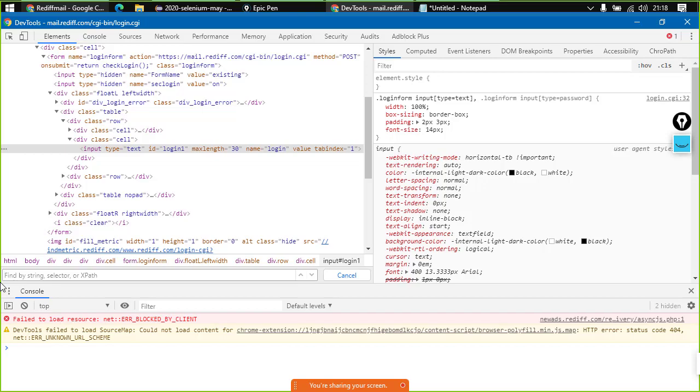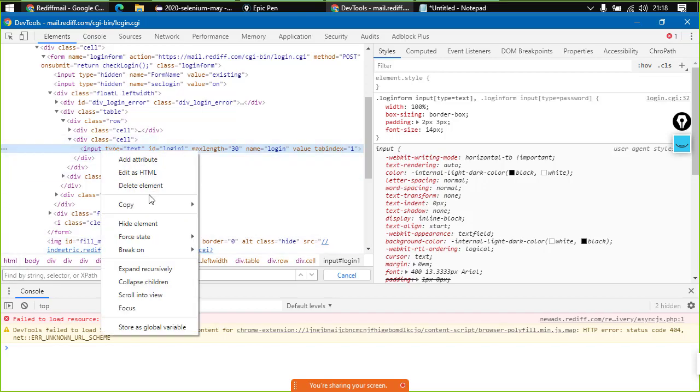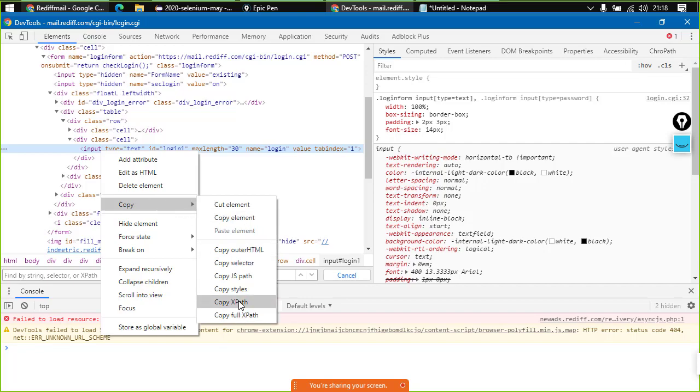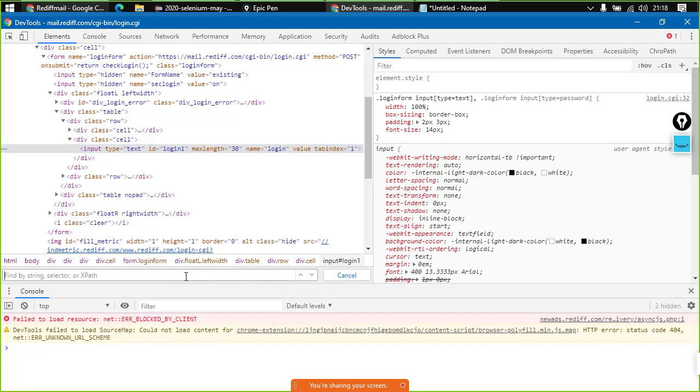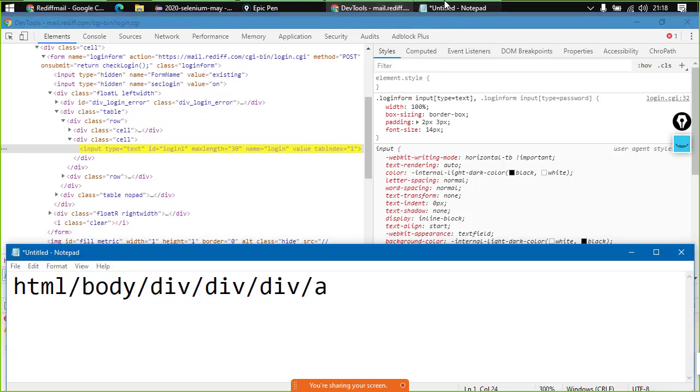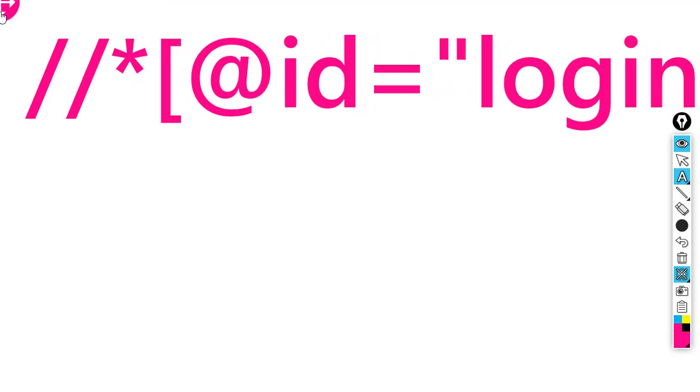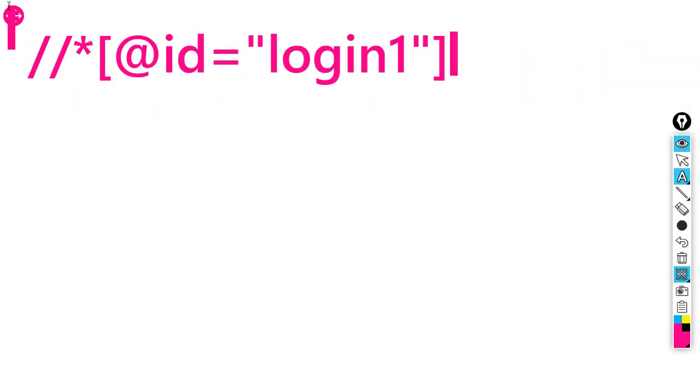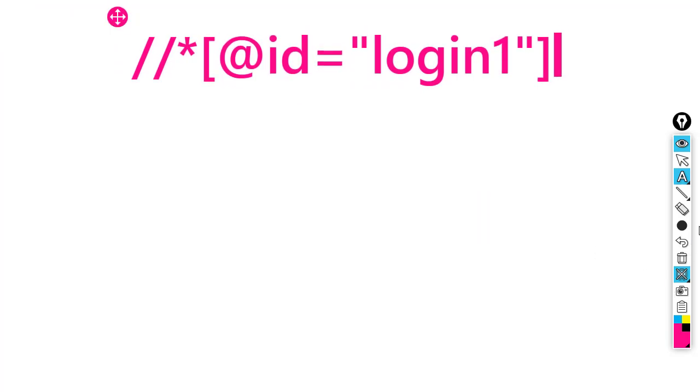Now what will happen is, if I right click here, go to copy, and if I choose the option copy XPath only, if I paste it here, you guys would notice something. This is the XPath that has generated, right? What is this XPath? Let us just see that here, right? So this is the XPath that it has generated for us, right? Now we would be splitting up this XPath in multiple parts, right? So what are these parts? Let us just see that.